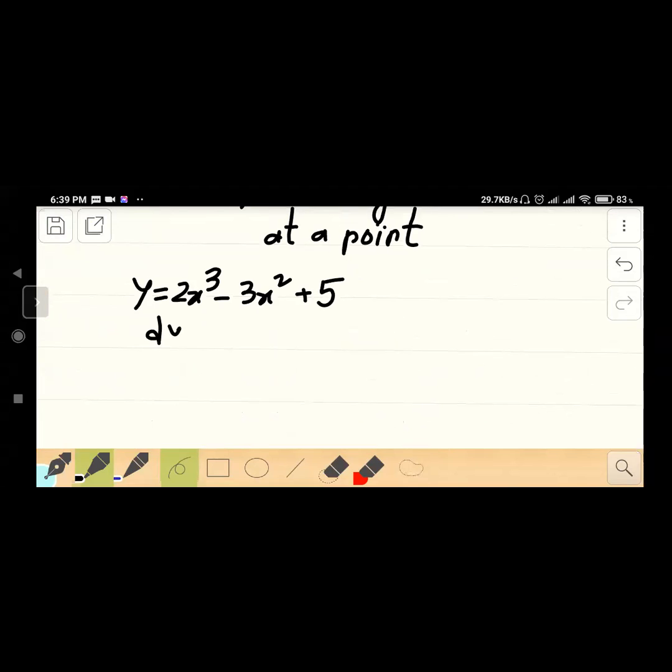Now dy by dx is equal to 6x square minus 6x. Now the question is